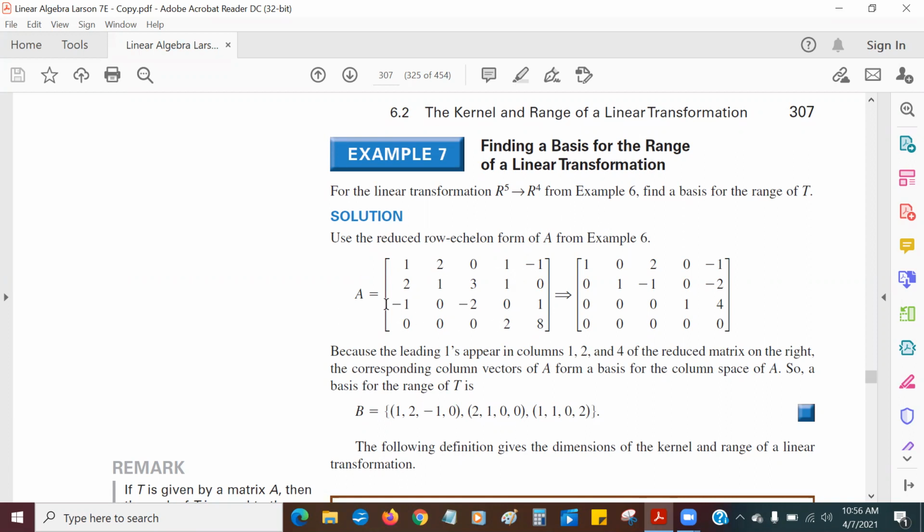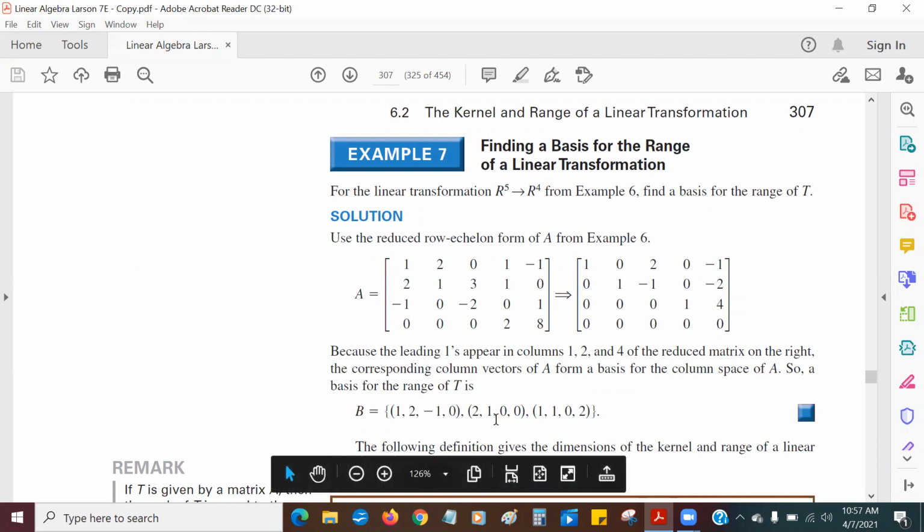This is the matrix A that we used back in example 6. And the first thing we did, if you remember, was row reduce it to this matrix right here. The leading ones appear in columns 1, 2, and 4 of the reduced matrix on the right. The corresponding column vectors of A form a basis of the column space of A. So a basis for the range of T would be column 1, column 2, and column 4 of the original